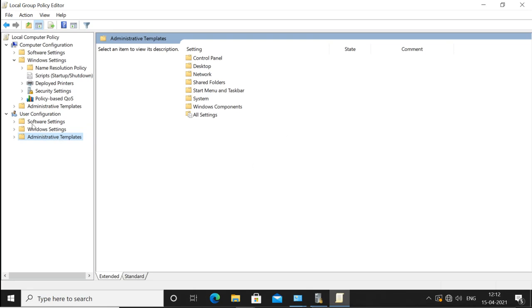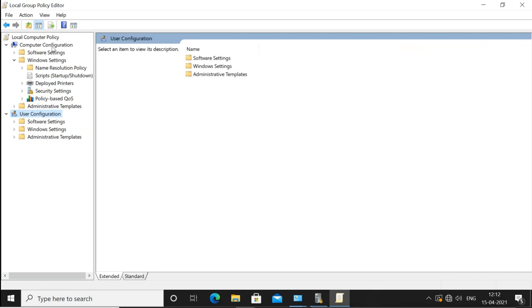The user policies, these user configurations will carry with the user in the domain. In the domain, what happened? Every user can log into every machine in the domain. So domain users do roam around the systems; they log into this system one day, they can log into another system another day. So the policies will also roam with those users. Wherever the user goes, the policy will go with that user. This is what user configuration policy is.